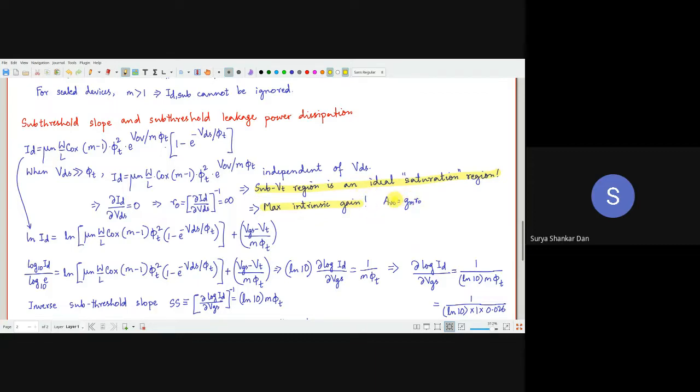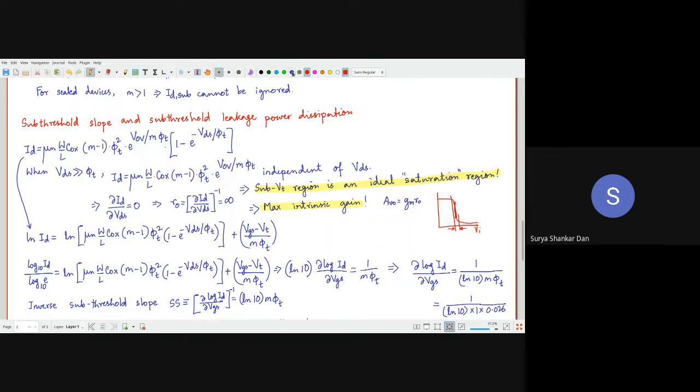Maximum gain means in case of digital, then the interviewer might ask you, if it is maximum gain, how does it help you in digital integrated circuits? Digital ICs में क्या होगा? Of course, sir. If the gain is very much high, then what is the meaning of it? You are going to have a graph like this. That means this transition region, ये जो transition region है, this is going to be very, very small. That means when you are doing the transition, you are going to spend the minimum amount of VI for the transition.